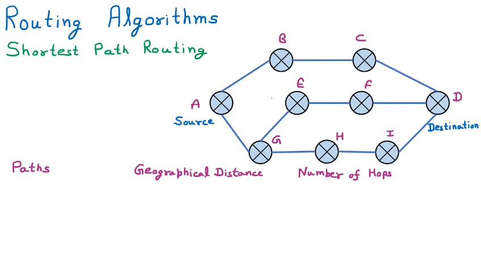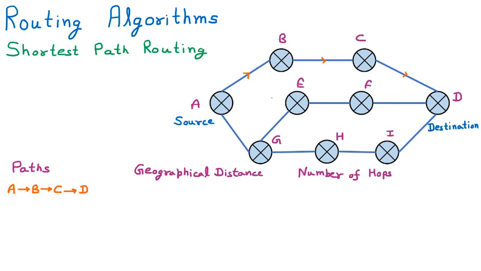Now we have to start with the source, that is A. Then from A to B, we have a path. So we are taking a path from A to B, and we have to reach the destination. Then afterward B to C. Then further from C to D, there is also a path available. Now we are going to traverse the next path.